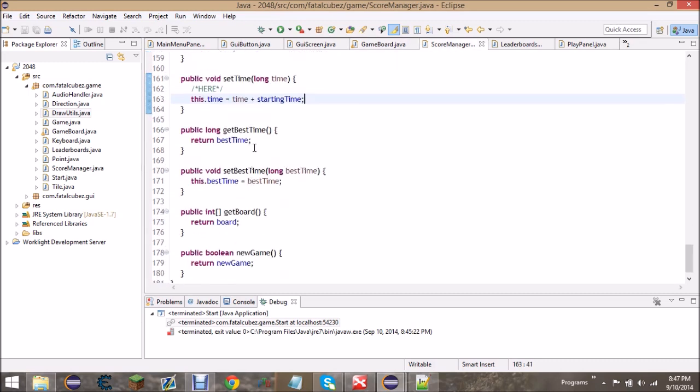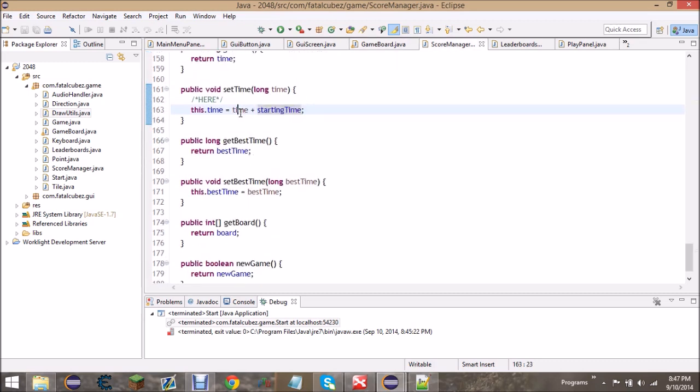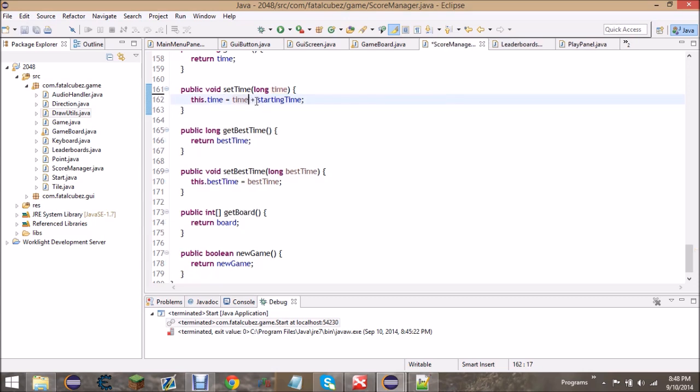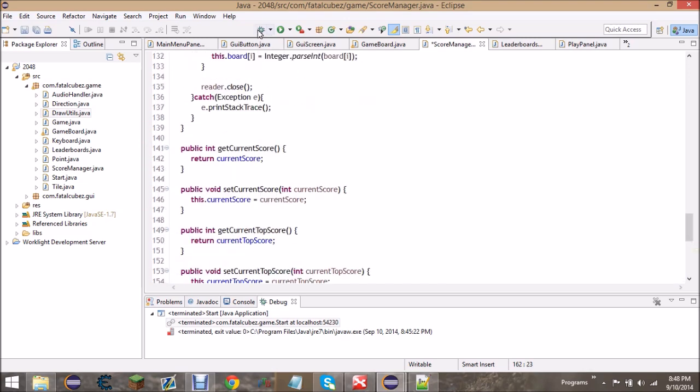So it's the score manager's job to take the starting time and add it onto the time given by the game board. So if the starting time is 42 seconds and 3 seconds have passed, the total time is 45 seconds. Before, this part wasn't here and it would just be 3 seconds. So I hope you understand that, and if you run it,